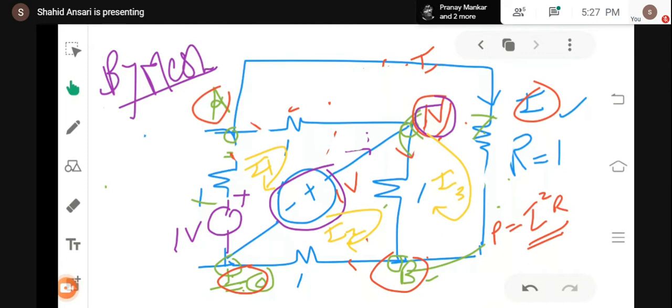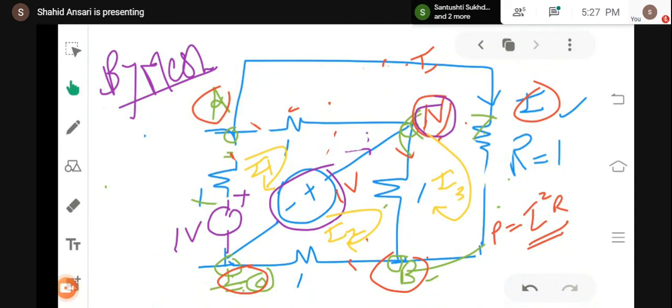If I similarly ask you to find out the power delivered, power absorbed, it will be quite easy with node analysis. If you prefer node analysis, it will be quite easy for you to calculate different parameters: voltage across different branches, current, or especially power delivered and power absorbed. Okay. Now,